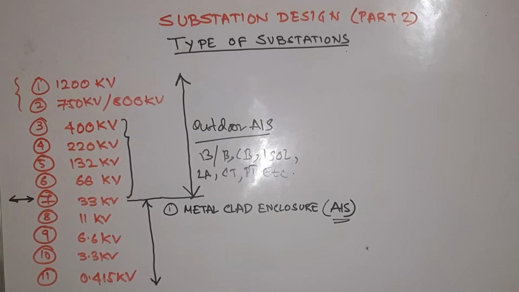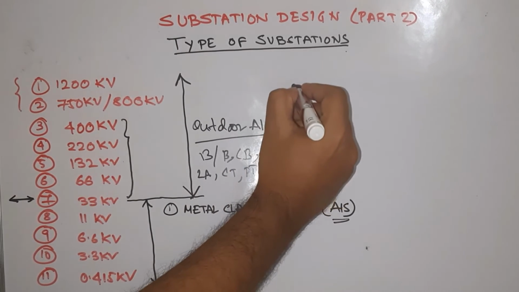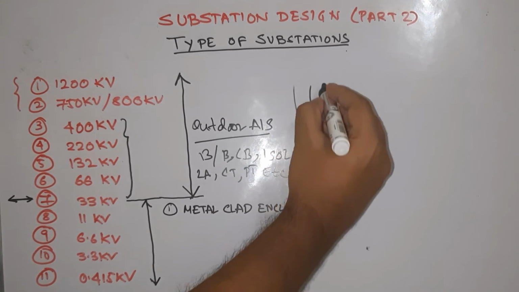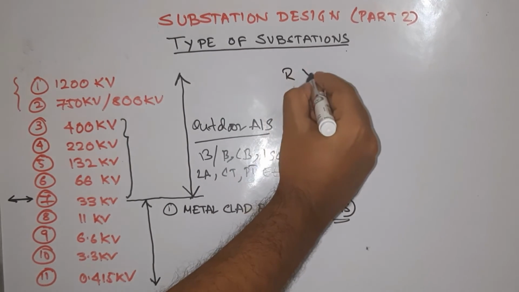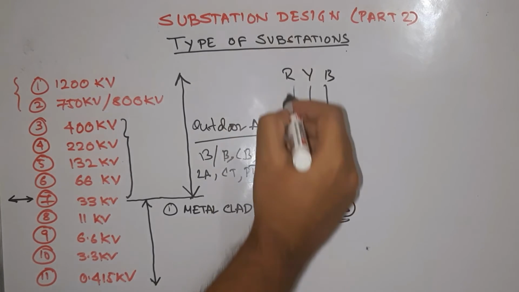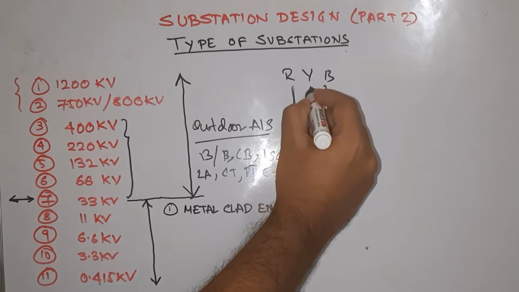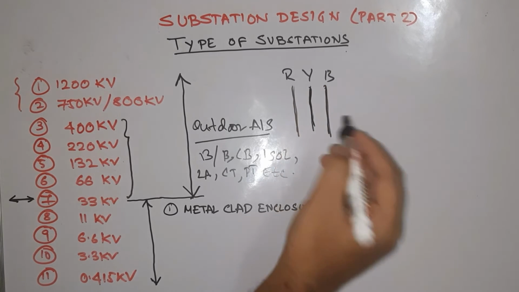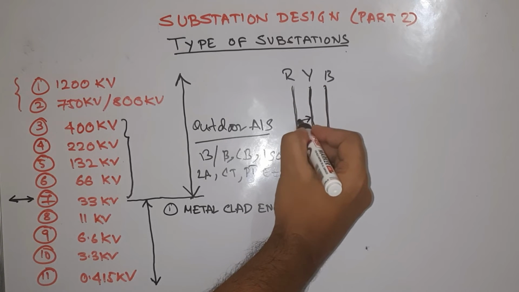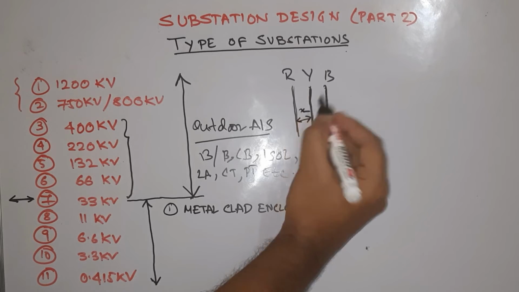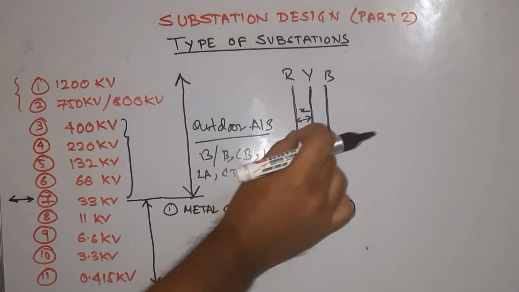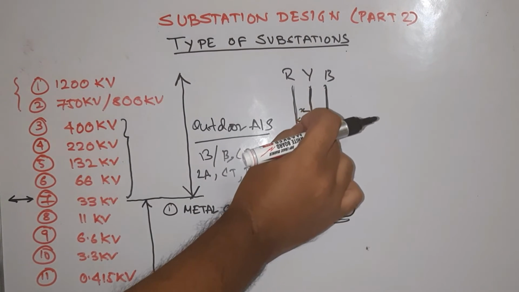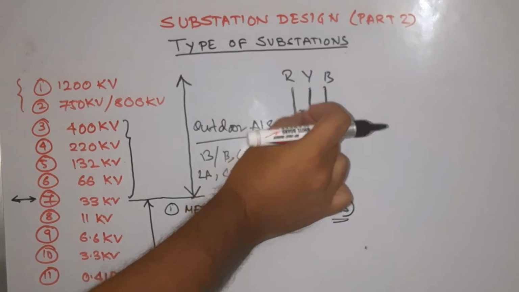How? If we can increase the insulation between these two. Suppose this is a 400 kV bus bar, RYB. This is RYB. Now, if I keep it at air, air has a certain value of insulation. So if we keep it at air, say we have to maintain a gap of X. Now, if we want to reduce the gap X, if we want to reduce the value of X, then